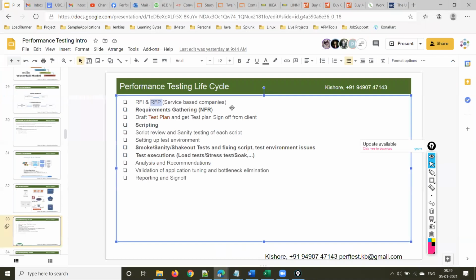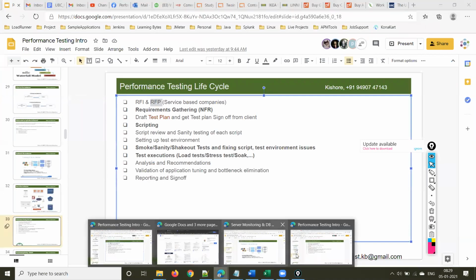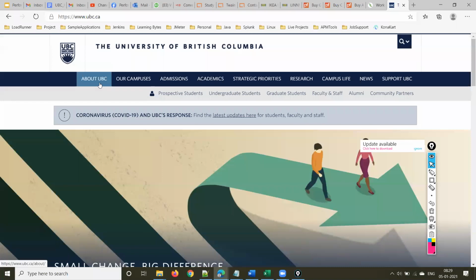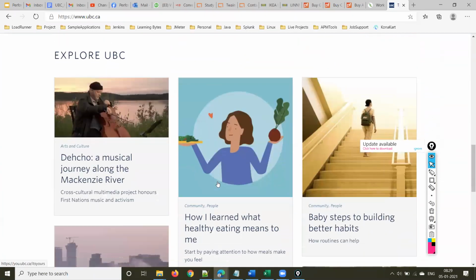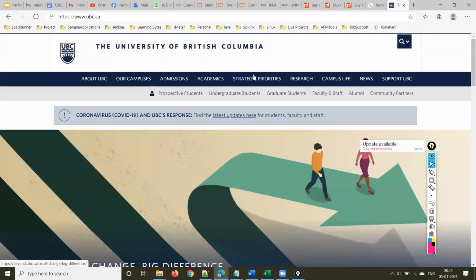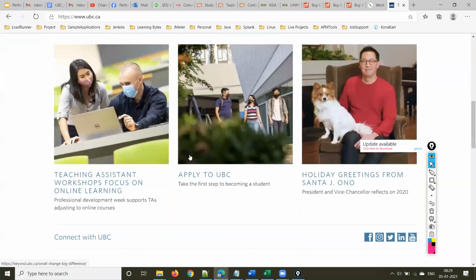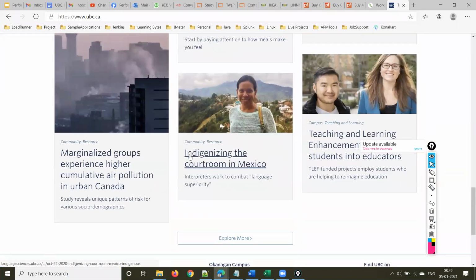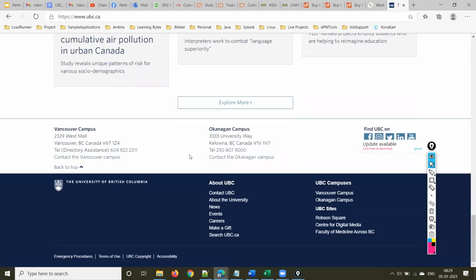UBC explained to us what their requirement is, what issues they are facing, and so on. You got it, guys? Yes, sir. So they explained their target user load, the performance issues, and their application architecture, and asked us to come up with a solution or RFP. They asked us to prepare an RFP.